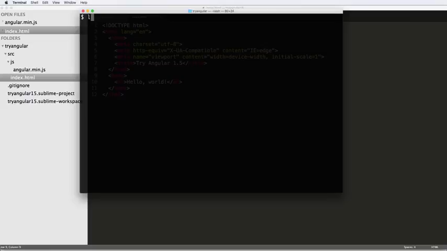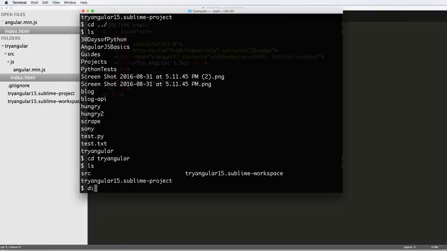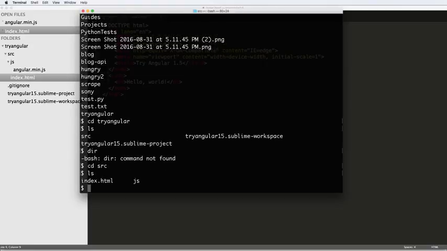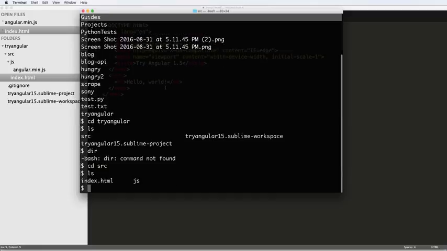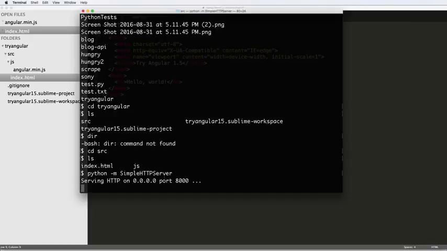So if we navigate back into our project from the desktop, so remember where we are, if I go into try Angular here, and list everything out, or dir if you're on Windows. And then we can go into SRC, so CD into SRC, we list everything out, we have index and the JS folder. So in here is where I want to emulate a server. I want to have some sort of server showing this index file in just a slightly different way. So it's really simple. All we do is python -m, and it's simple HTTP server, press enter, and now it serves